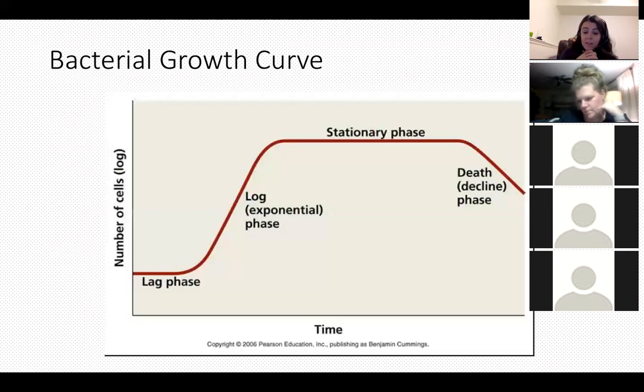So did Henrietta Lacks' cells never reach a phase past exponential growth? So Henrietta Lacks, so that, I mean, that's kind of one of the issues with cancer. She had cervical cancer, a super, super crazy aggressive case of cervical cancer, just huge tumors that grew everywhere. It's pretty bad. So that's kind of one of the problems with cancer cells in general, is they don't recognize when they need to stop growing, and they just kind of take over. So it's a little different than the bacterial growth curve, but kind of,